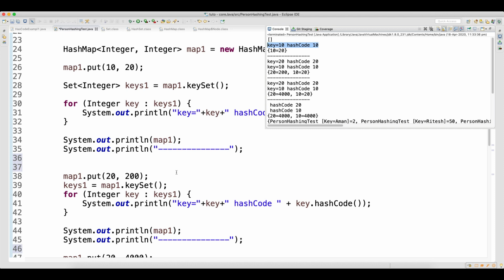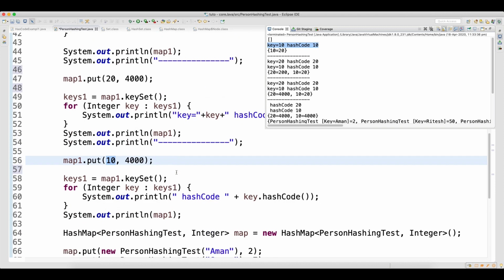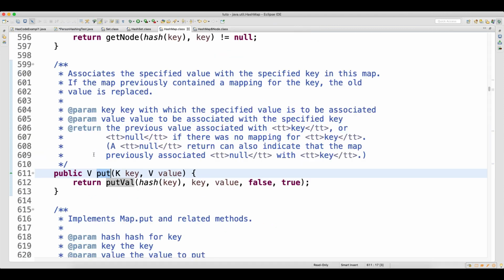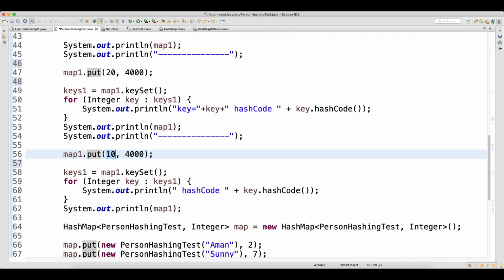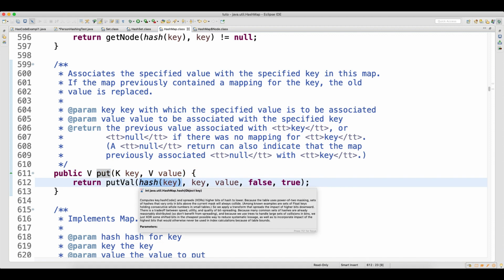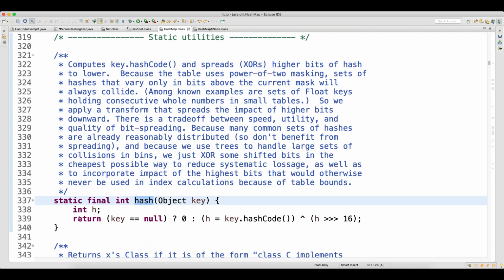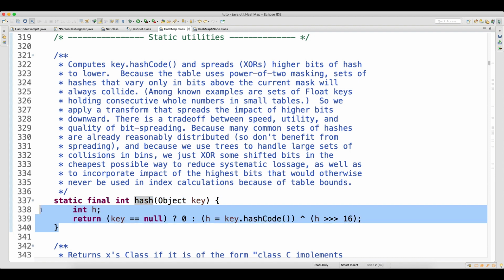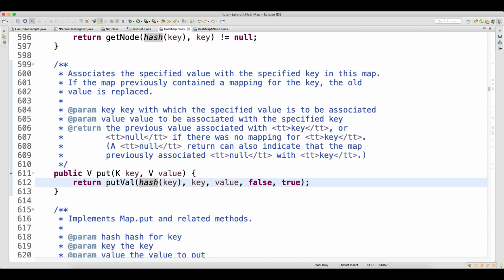When the hash code does not change, the put method will get called again. Press Ctrl and click on the put method. Inside the put method, the hash code for 10 gets generated by this hash method. When you click on this hash, you can see this is the method that generates the hash code. This is the default implementation in the HashMap class. So the hash code will be the same.